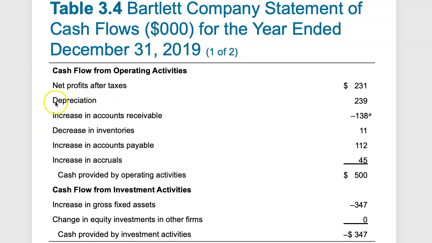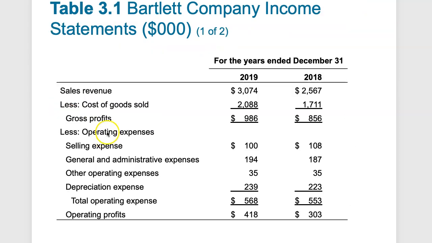Now, depreciation might be something you're not used to in your everyday life, but what companies do is they deduct depreciation off their income statement. You see here from the income statement, depreciation expense of $239. And it's an expense. So if your profits are $986, this gets added into your expenses and your operating profits become $418. But this depreciation expense is a non-cash charge. We're just logging in the devaluation of assets due to the age of the assets. So that's an expense that we utilize to reduce our operating profits, to reduce our tax liability.